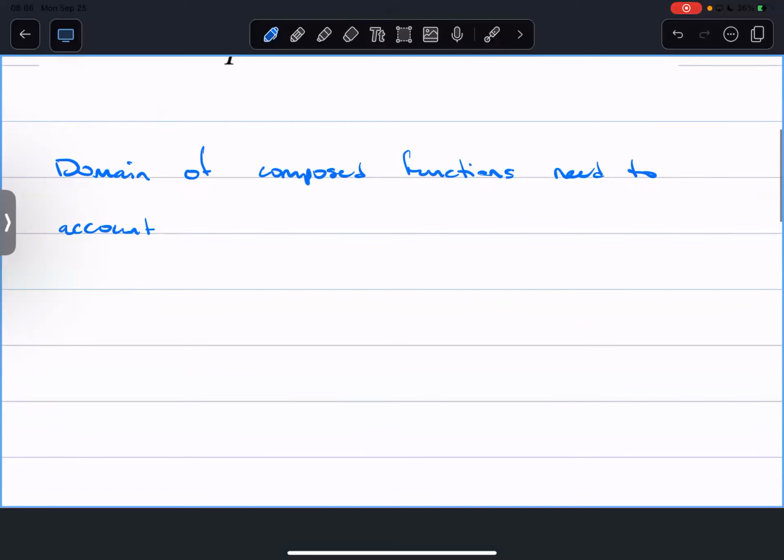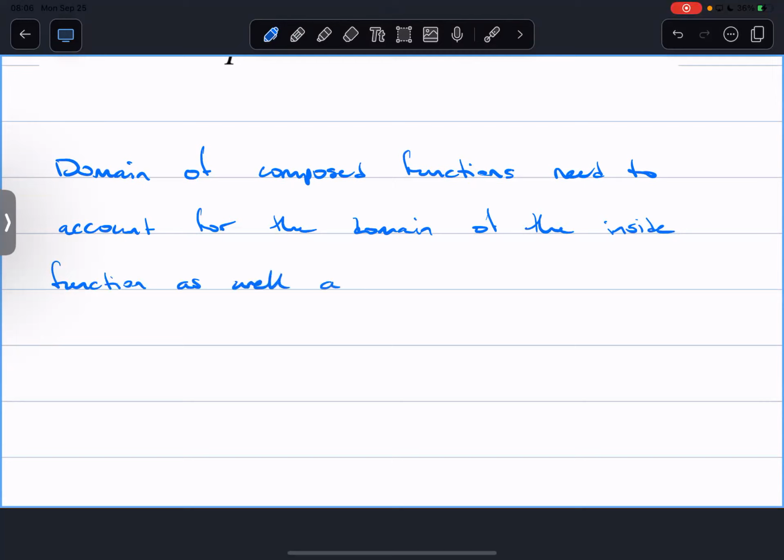So the domain of composed functions needs to account for the domain of the inside function as well as the domain